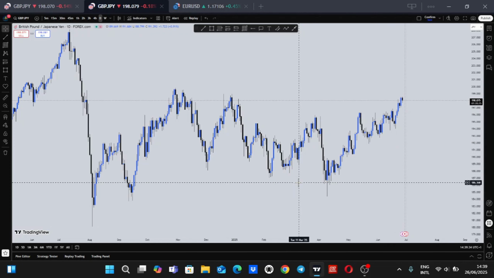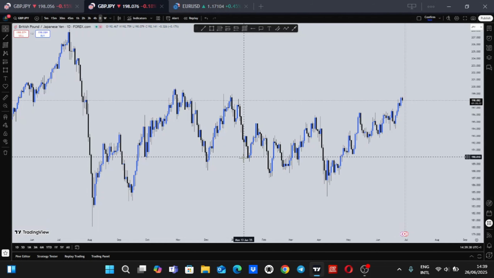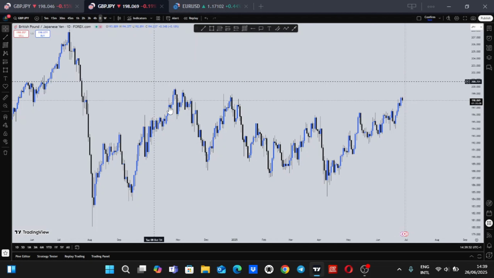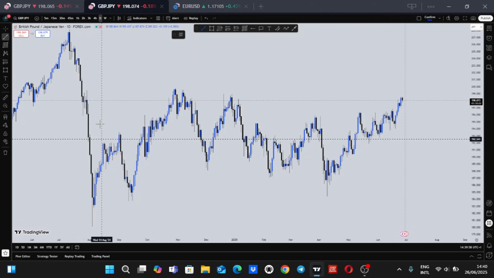All right, so let me show you some setups on the chart. So the first thing to do is read the market structure, and to do that you have to start from the higher time frame, which is the daily time frame. So currently this pair we're looking at right now is GBP JPY. So analyzing this market structure, you can see that price